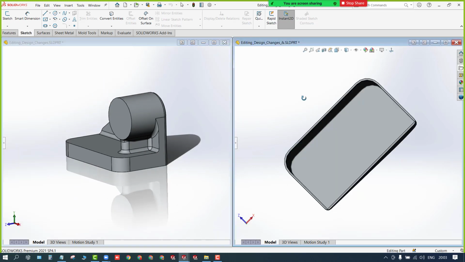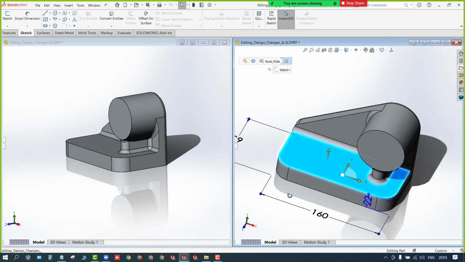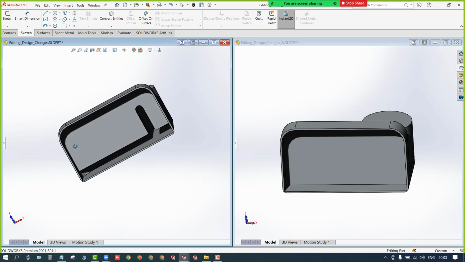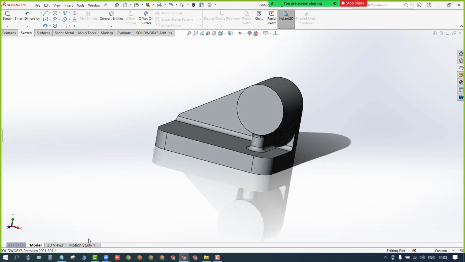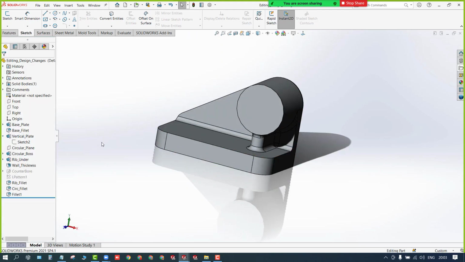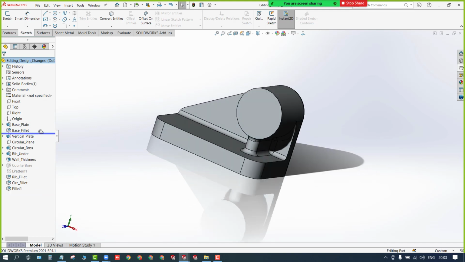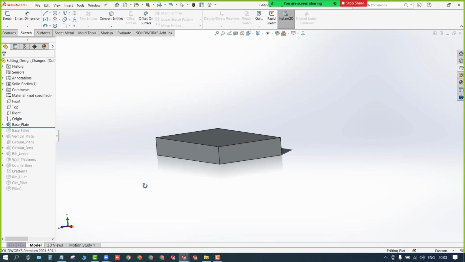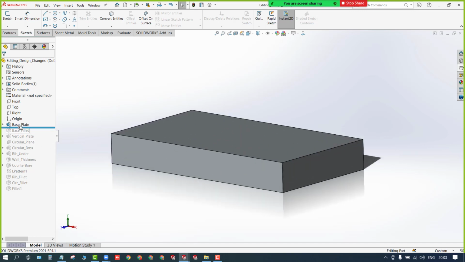Now a very important thing is, you can see the shell of this has extended up to this face, isn't it? But here this shell has extended up to the entire model. Can you see that? But I need the shell up to here only. Now what to do? So the thing is, concentrate here. If I use this rollback, what does the software think, you tell me? Software thinks only this much has been created, okay? And whatever you do, it will be added from here, isn't it? You getting my point?